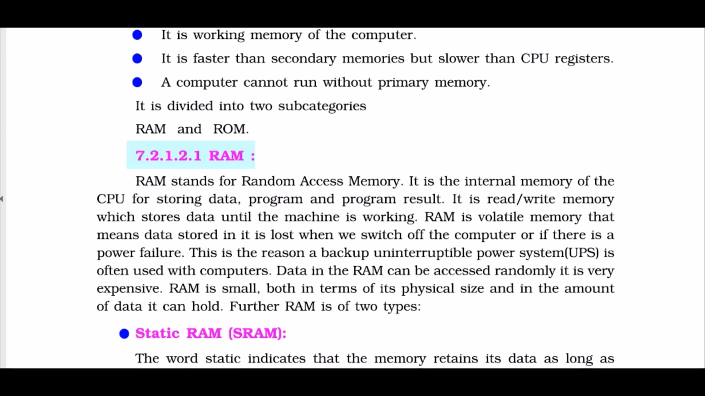That is the only reason that with computers you will find a UPS, uninterruptible power system, with batteries or extra backup power, so that the data that you're working on won't be lost. RAM is small both in terms of physical size and amount of data. Furthermore, RAM is of two types: